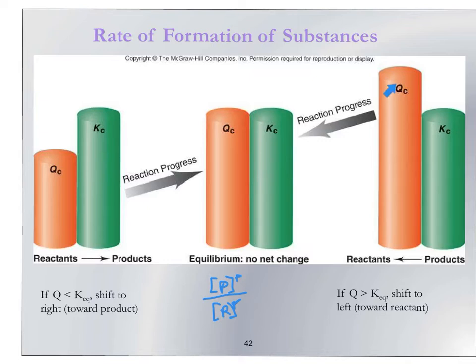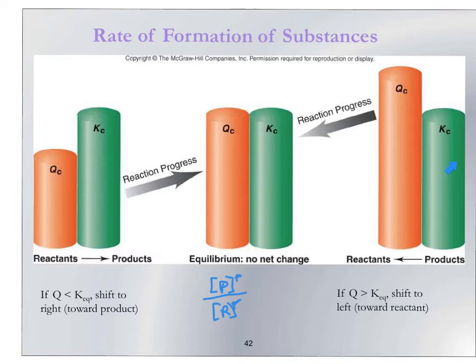What if my Q is too large? So Q again is where I am right now. K is where I am going to be when I reach equilibrium. So if Q is too large compared to what it should be, that means my product to reactant ratio is too large. So which way would the reaction proceed in order to make that ratio small so that it reaches